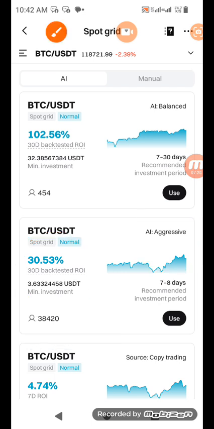So I'm going to use this one now. That's around $4 can go. Now look at how many people are using it: 38,420 people already on this particular one. Now, another thing you have to do, let me tell you, if you check in the last 24 hours, Bitcoin has dropped by 2.39%. In fact, that's the strategy. This trend is good when a coin has dropped temporarily, but you need to monitor the kind of coin. Because if I'm going to play this within 7 to 8 days, and this coin keeps dropping even in the next 1 week, then it's a serious one. It might be that you may not make more profit because the bot wouldn't want to trade on a coin that is going down.